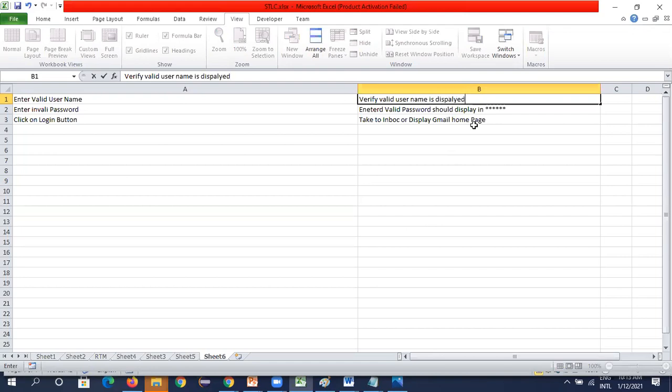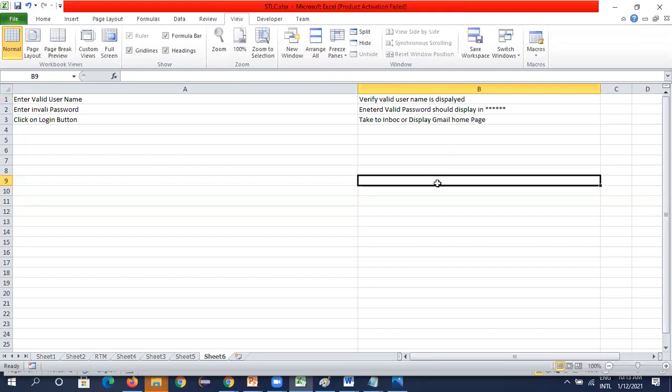This also means the same, right? Yes. So this is how the test cases would be written, test scenarios and test cases. This is how we write in organizations.